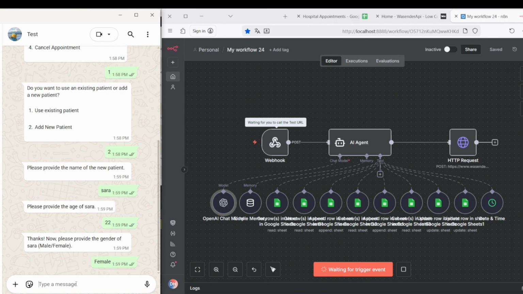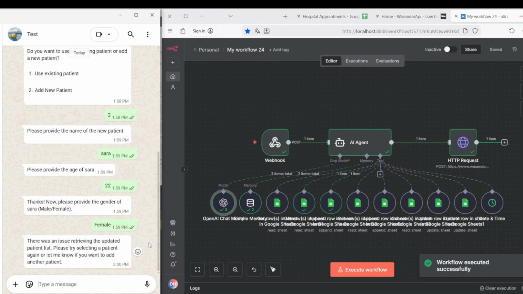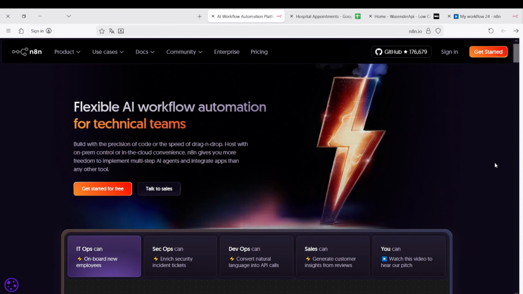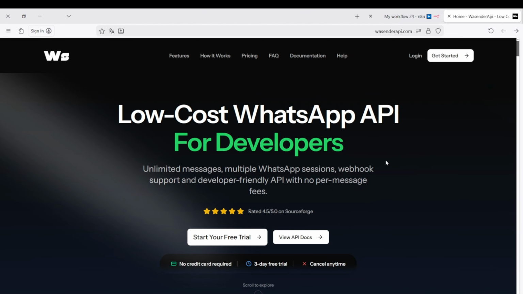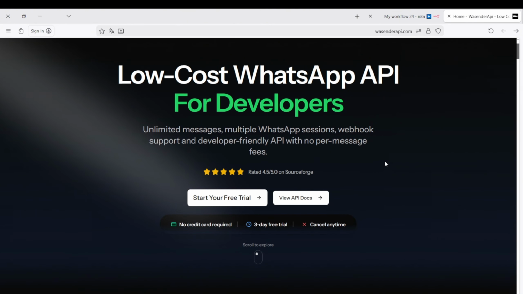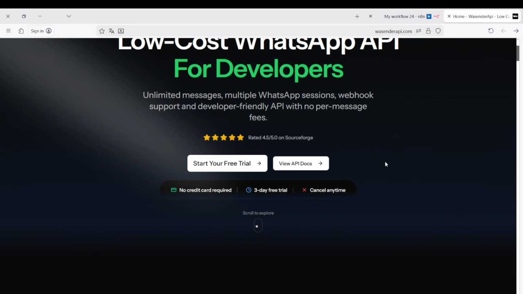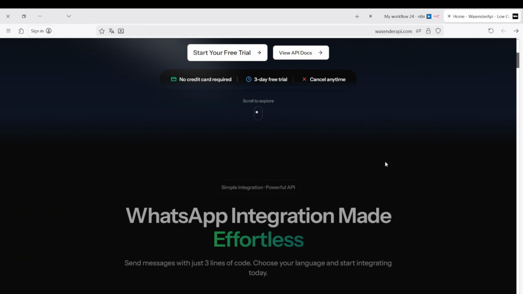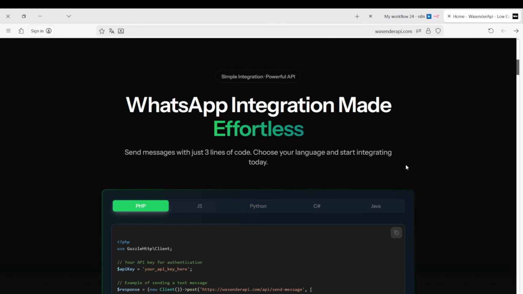The chatbot will ask the user several questions until it gets all the required information and fills it into Google Sheets. In this workflow, I will use the platform n8n to work on it. As for the WhatsApp API, I will use the platform Wasender API because from my research on the internet for a platform that provides WhatsApp API at a cheap price and doesn't need time for activation, I found the Wasender